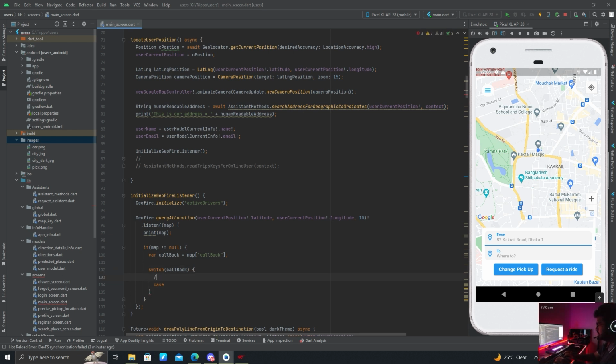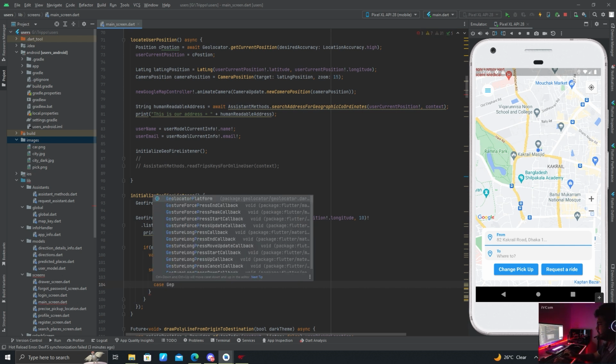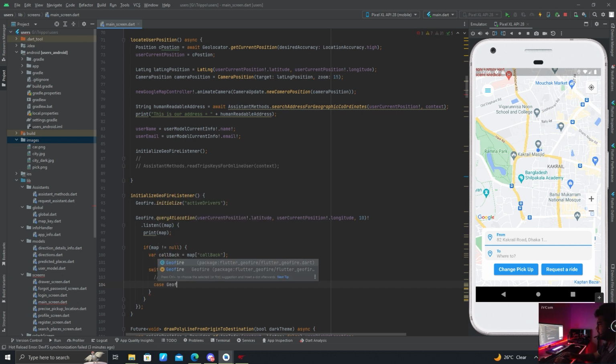This is for whenever any driver becomes active or online. Case GeoFire.onKeyEntered,